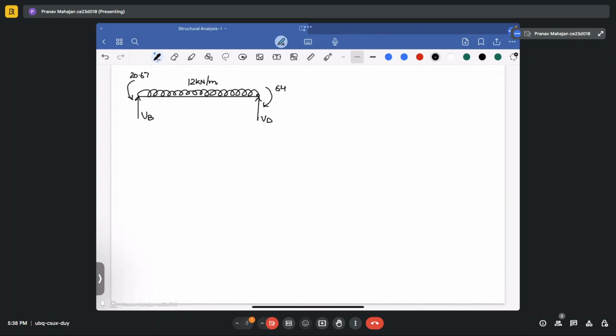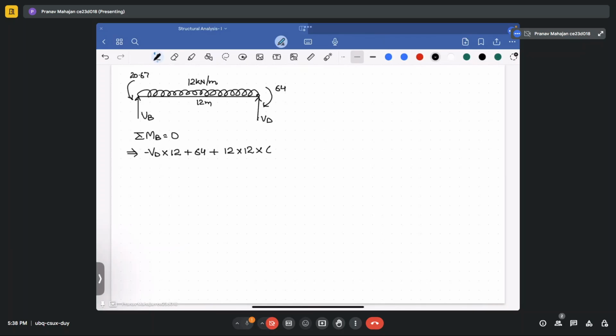So you will take moment about B equal to 0. Then your minus VD into what is the length? 12 meter, into 12 plus 64 plus 12 into